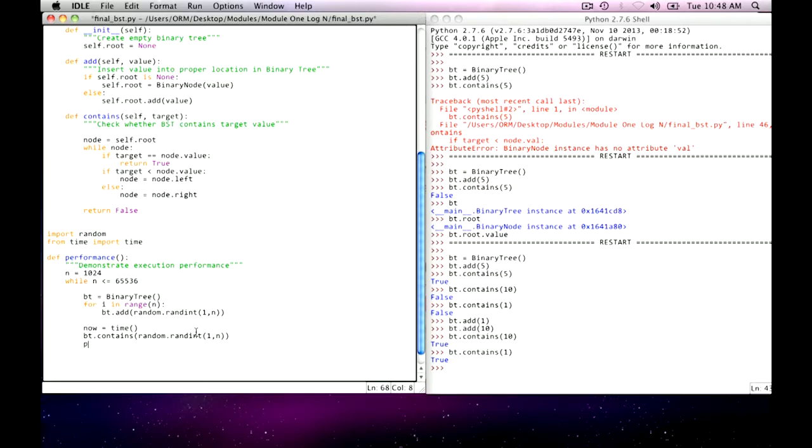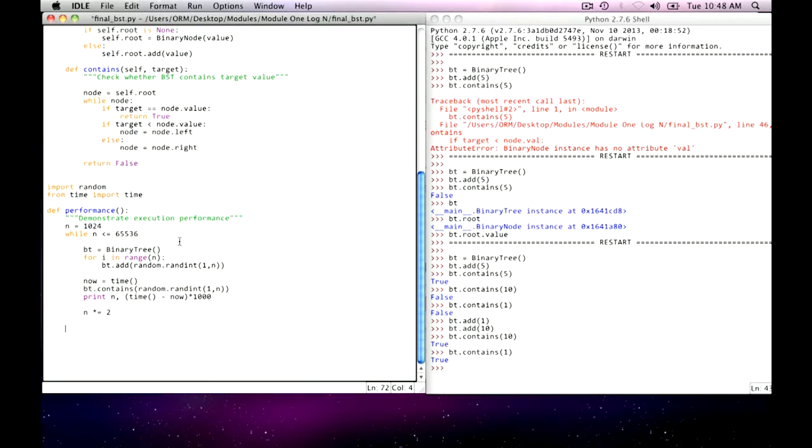And then I want to print out the time that it takes to do these. So it'll be n, and then we'll advance to the next iteration. So what this is going to do is create a binary tree starting out with 1,024 elements, and then check